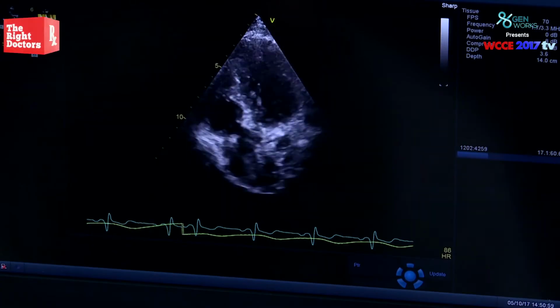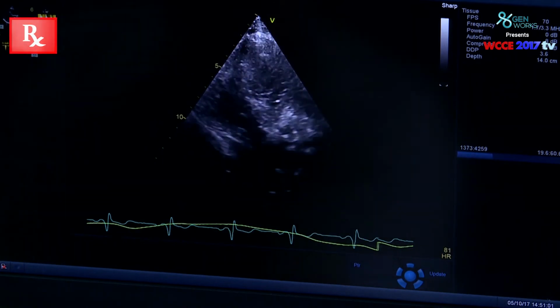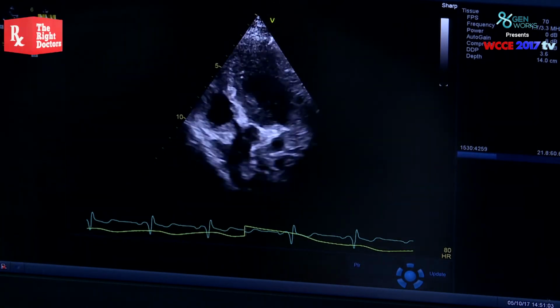So to summarize with these Dopplers, a pulse Doppler records low velocity flow, a CW Doppler records high velocity flow. A pulse Doppler can record from a particular site known as the sample volume. There is no sample volume in a CW Doppler. There is aliasing in pulse Doppler when it goes beyond a certain Nyquist limit. There is no aliasing in CW Doppler because it records very high velocity flow. So these are the basic principles and these are the basic things.